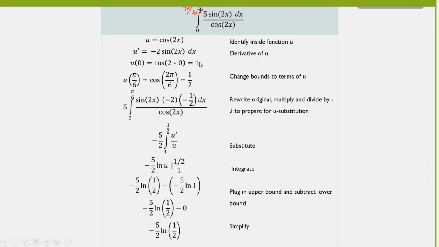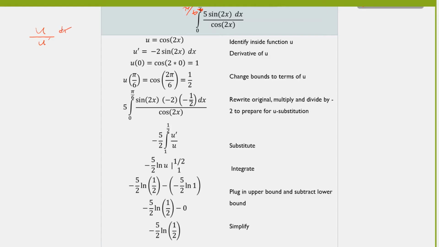cosine 2x. So the first thing I'm going to do is try to figure out what the inside function is. Now, whenever I derive the inside function, I should get a dx at the top of my fraction. So if I tried to make sine u, my derivative would be the cosine 2x times 2 dx. That would give me a 2 dx that I have on top, but when I go to substitute, this would be u over part of u prime,